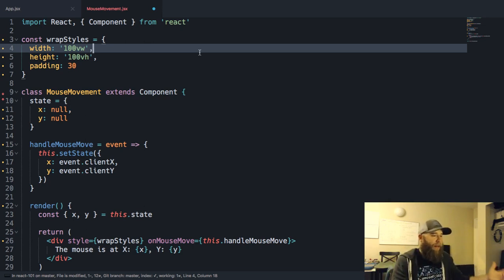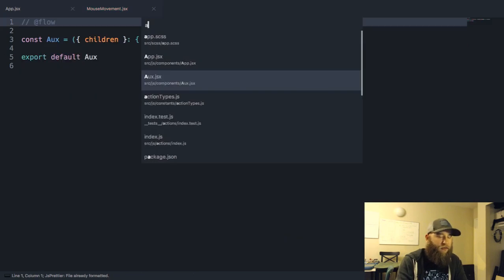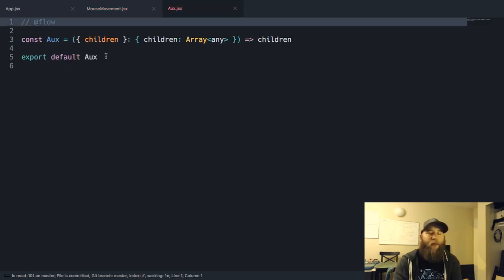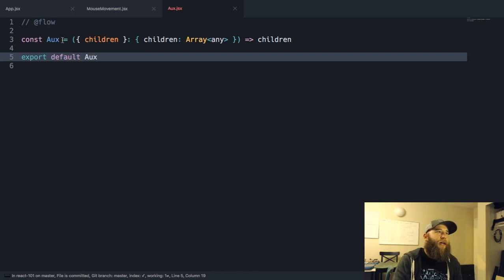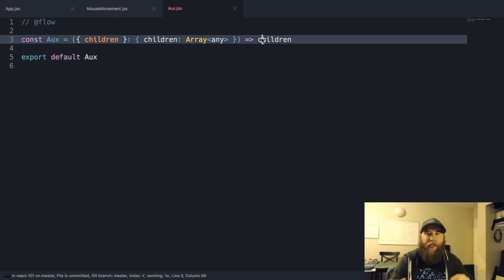Right, there is a mapping. There's a reason that you make this and then you get that, but it's not one-to-one always, especially in React 16, now that we have things like the ability to return arrays, meaning we don't need wrapping divs anymore. And so you might make a component like, I'm just going to save this. You've seen my aux component, right? This is what we call a self-eradicating component. It's like we use it in markup by literally writing aux, just like you would any other component, but all it does is it returns its children. It doesn't have a wrapping div. It eradicates its own self.